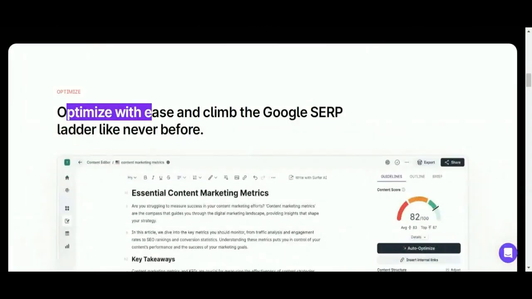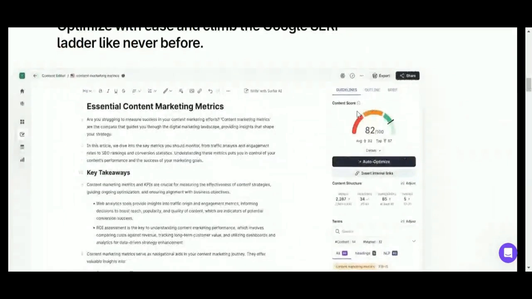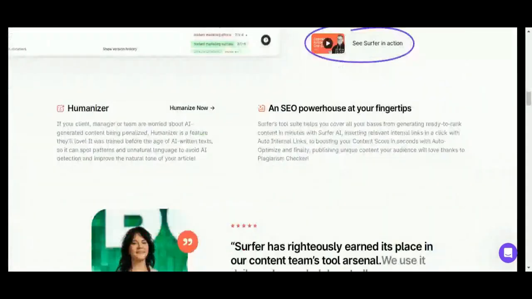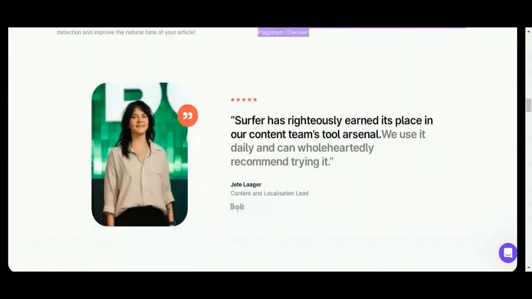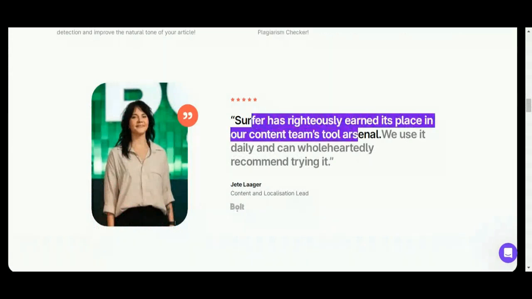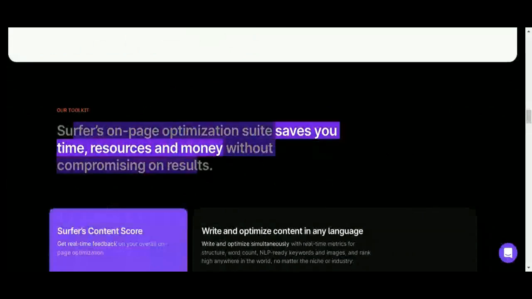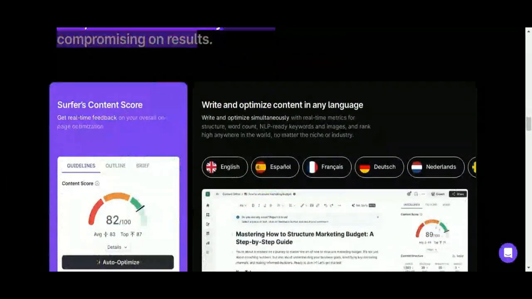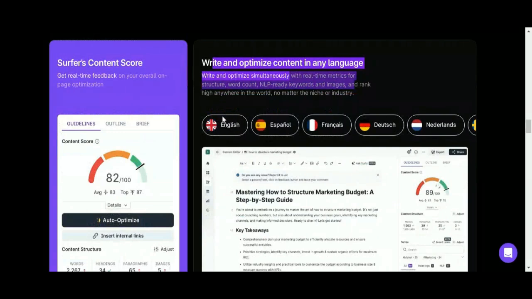3. Keyword Research provides keyword suggestions and data to help users target the right keywords for their content. 4. Audit Tool analyzes existing web pages to identify SEO issues and suggests improvements. 5. Content Planner helps plan content strategies by identifying topic clusters and relevant content ideas. 6. Backlink Analysis provides insights into backlinks, helping users understand and improve their link-building strategies. SurferSEO is used by digital marketers, content creators, and SEO professionals to enhance their website's visibility and ranking on search